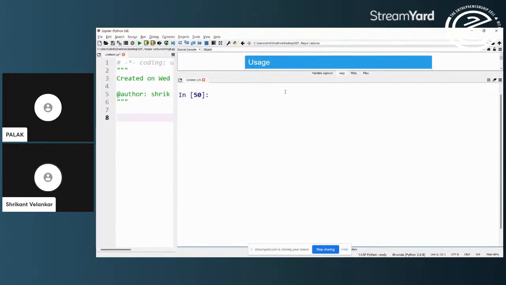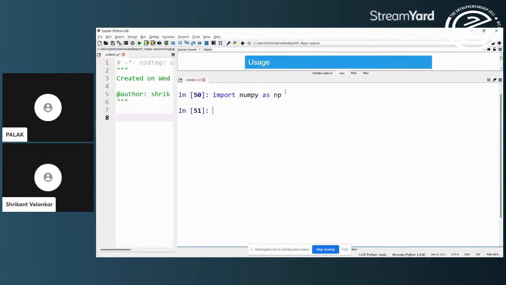So what is to be done is import numpy as np: the whole NumPy class library will get imported as an instance called np. So import numpy as np will not only import the entire NumPy library, but the main class NumPy will be instantiated as np.